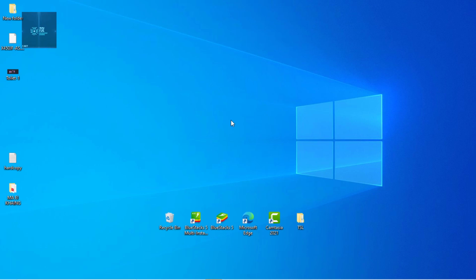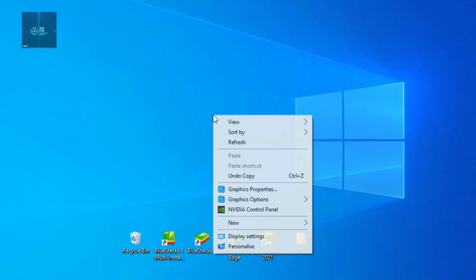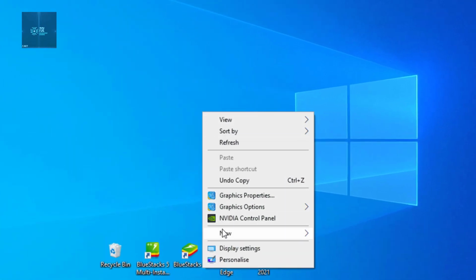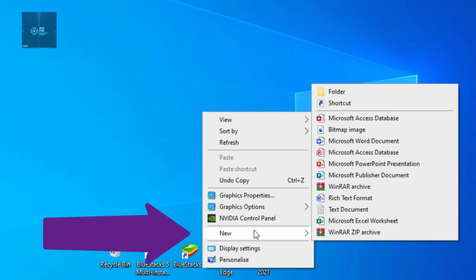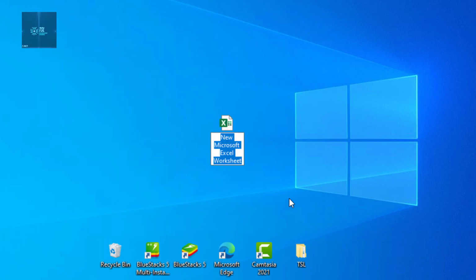Another way is right-click on the desktop, go to New, and open Microsoft Excel.